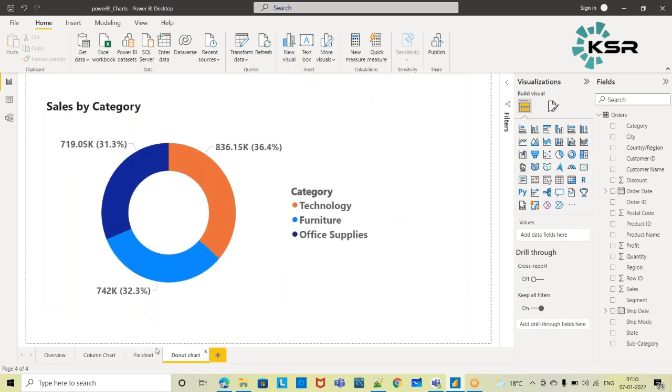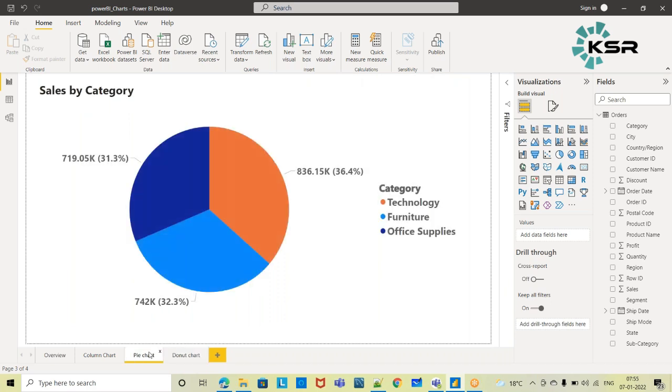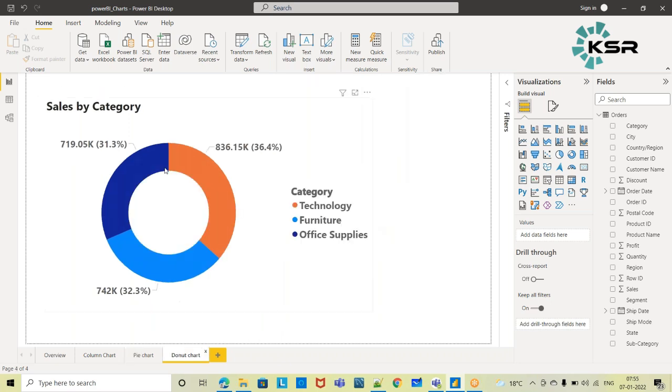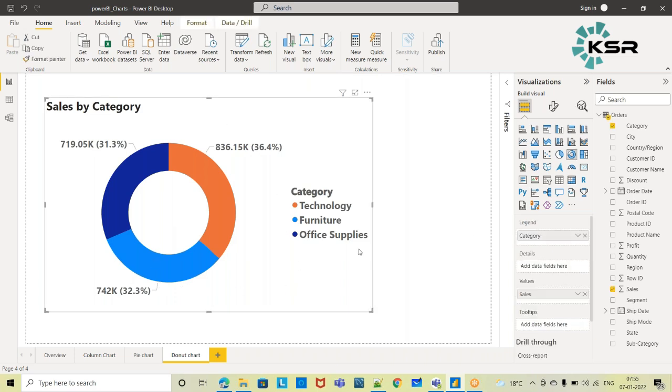Same thing only. Maybe the readability is a little better. This is completely filled, and here you are seeing some empty space. And readability wise also, this is looking good. So one categorical value with respect to sales, we are able to achieve here. So this is completely fine.